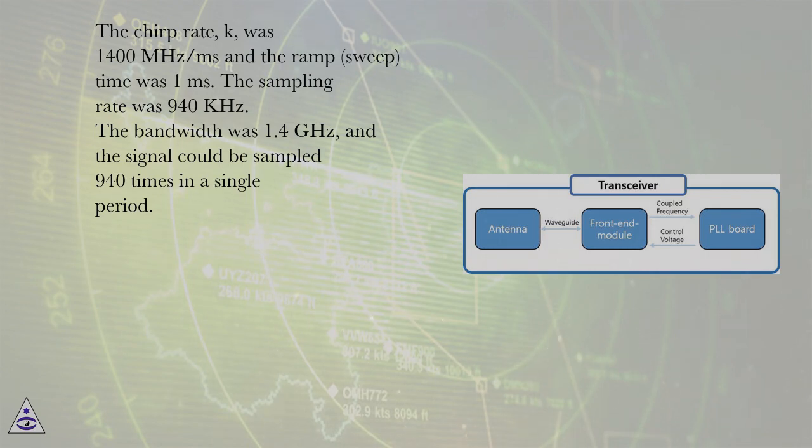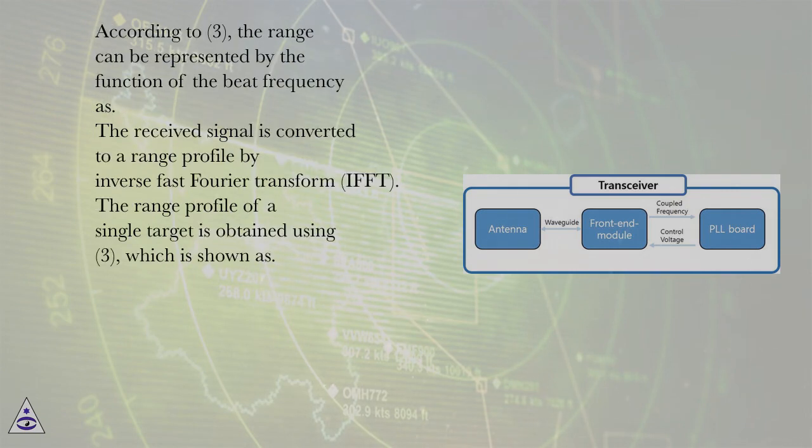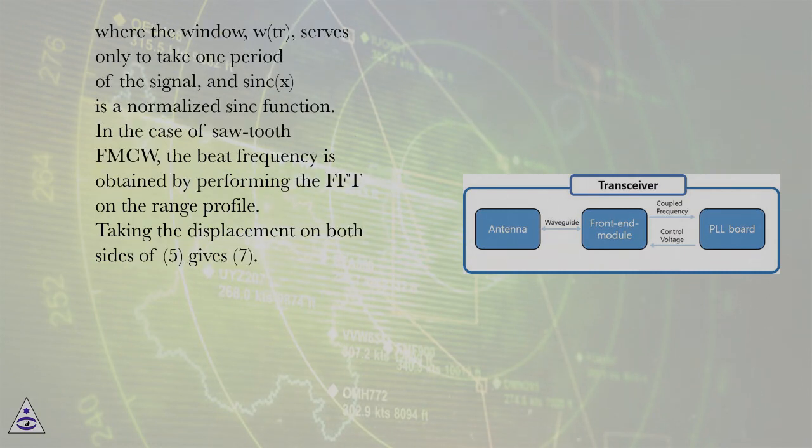The bandwidth was 1.4 GHz, and the signal could be sampled 940 times in a single period. According to (3), the range can be represented by the function of the beat frequency as the received signal is converted to a range profile by inverse fast Fourier transform, IFFT. The range profile of a single target is obtained using (3), which is shown as